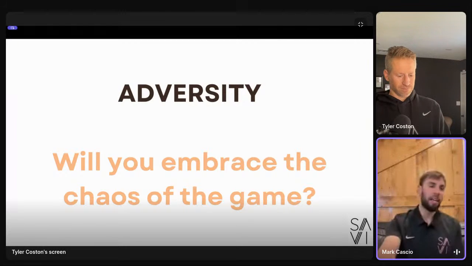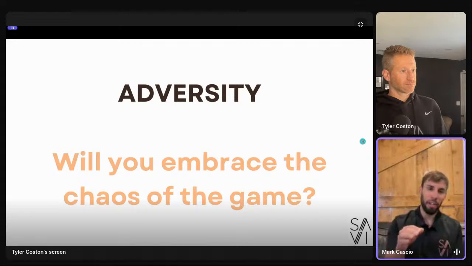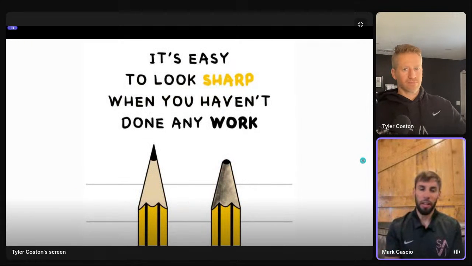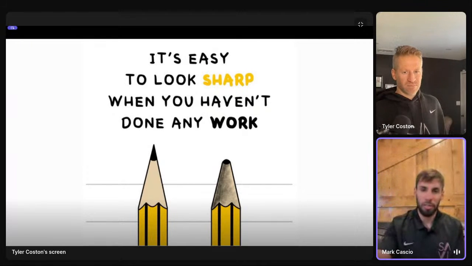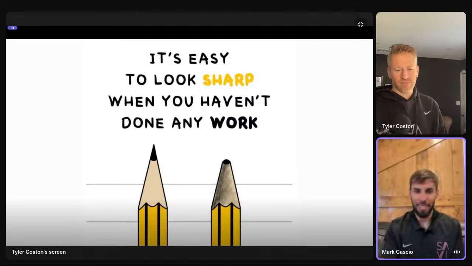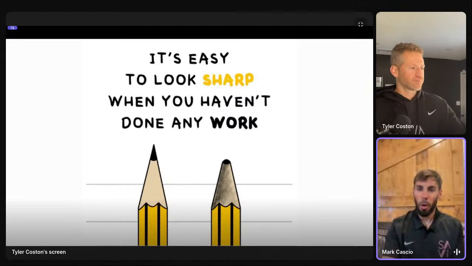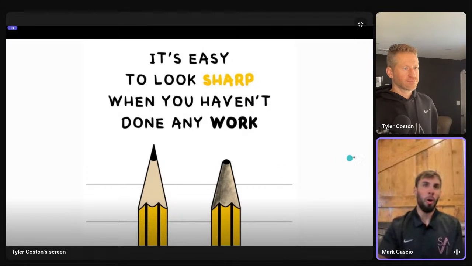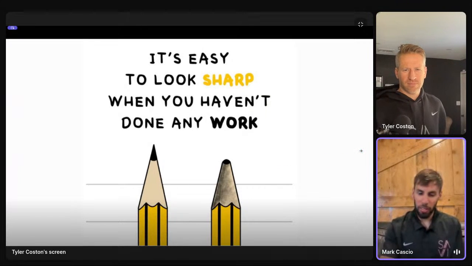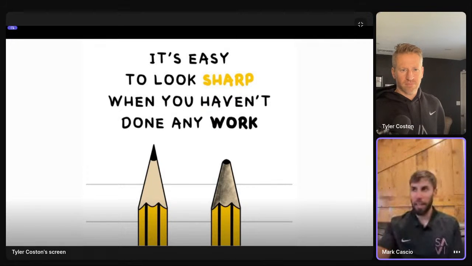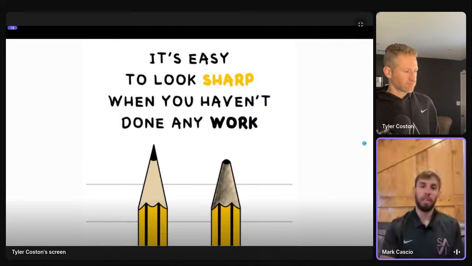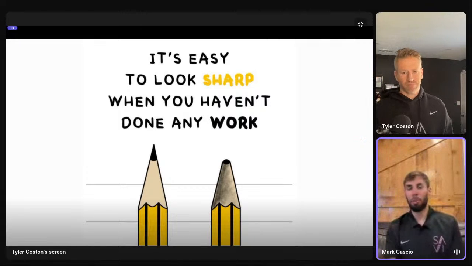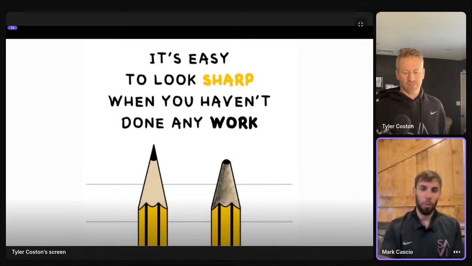So on our next slide, we have a pencil here where I think most coaches will default, whether it's team practice, team meetings, or individual skill sessions, where we unintentionally design them to look sharp. What would be a good practice where we put these drills on paper and in my head my team just looks really, really good, and we forget that the game is going to be messy, chaotic, and most of the game is going to be unscripted. So we have to prepare our players to play in what we would call the jungle.